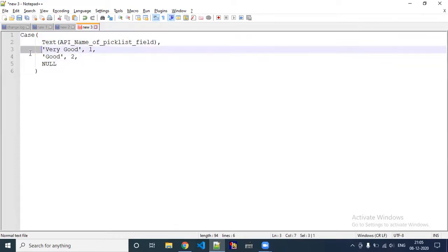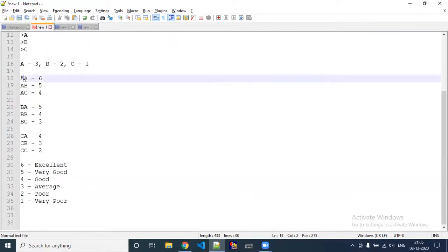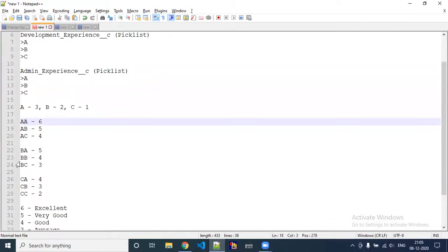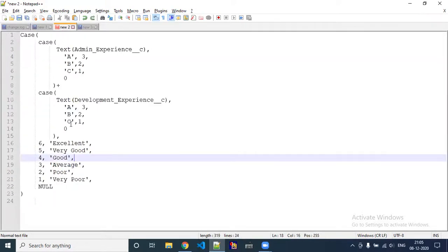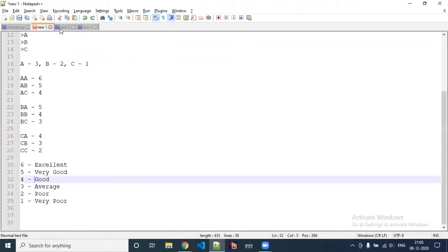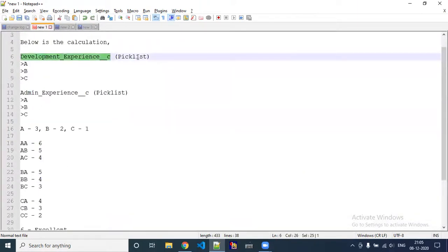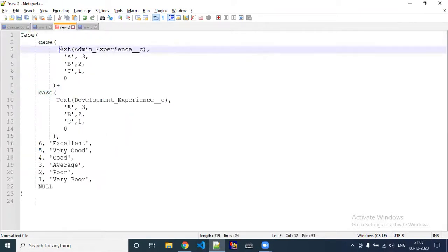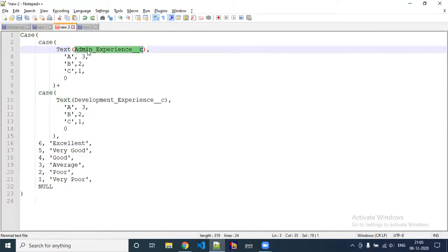This is just a simple case, but here we have to add this field and this field, and take the resultant of these two fields with this calculation. For A it is 6, for B it is 5, for C it is 4, and so on: 6 is excellent, 5 is very good. So here comes our formula. I have used three case functions here. First, the inner case function is for calculating the first field, development experience. As you can see, in the second case formula, I have used TEXT and admin experience, and